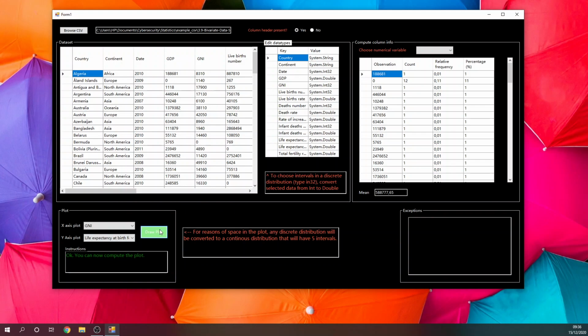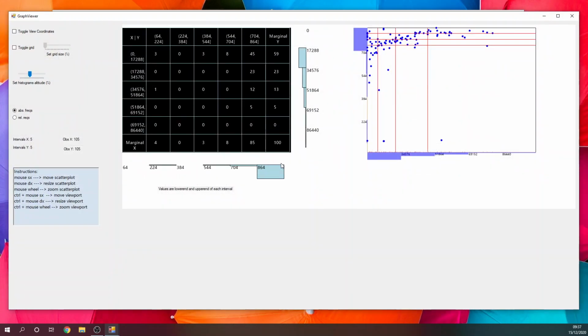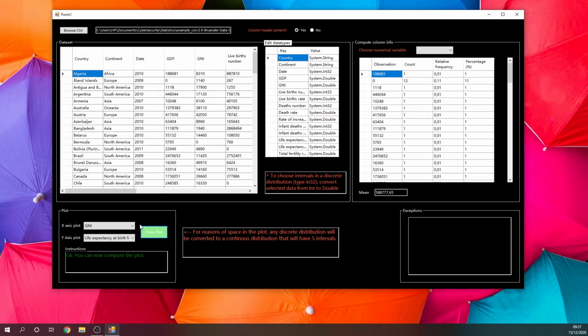in the contingency table, for reasons of space, any discrete distribution will be converted to a continuous distribution with 5 intervals, and they are always 5. So if we draw the plot, we notice that we have 5 intervals, and this is always so, also for reasons of space. Now we notice that GNI became double,